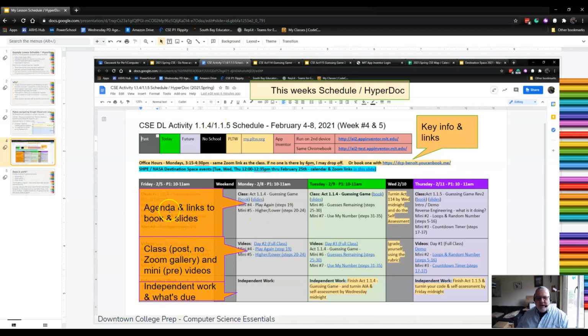So I've covered up Friday with my callouts, but there's a section for the agenda, right? And it's got links to that specific activity in the book and my slide deck that I'm going to be going through. And then I break it down into, here's the 2 or 3 mini lessons we're doing today. Okay, I've got a section on videos,